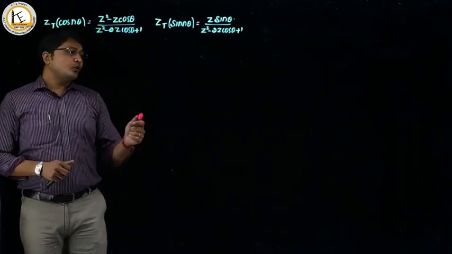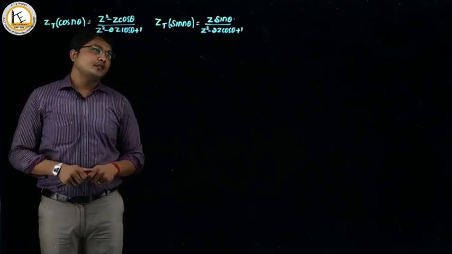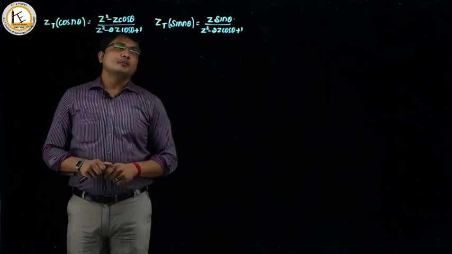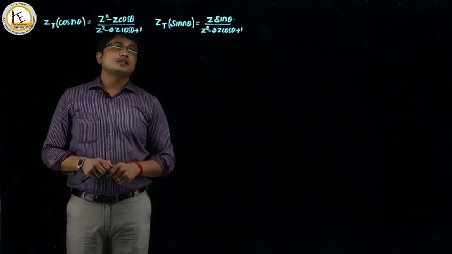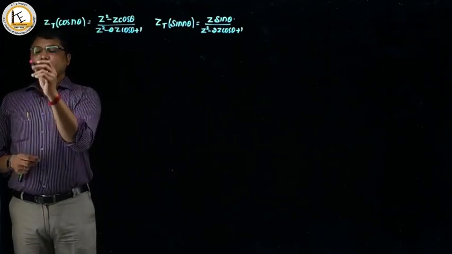Just now we derived the z transform of cos n theta as well as the z transform of sin n theta. Now we will solve some problems based on these two formulas. Find the Z transform of